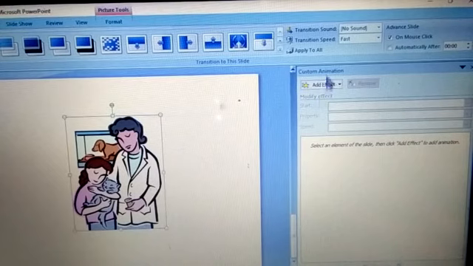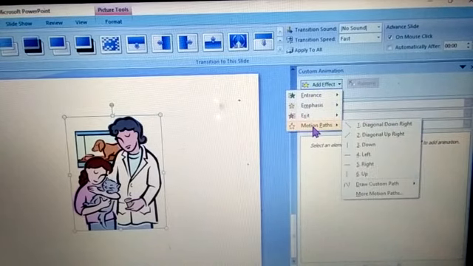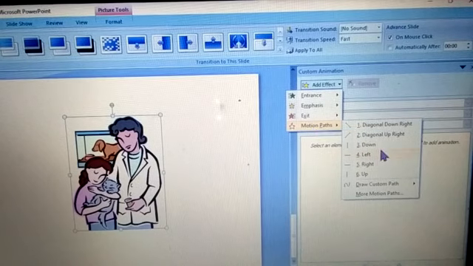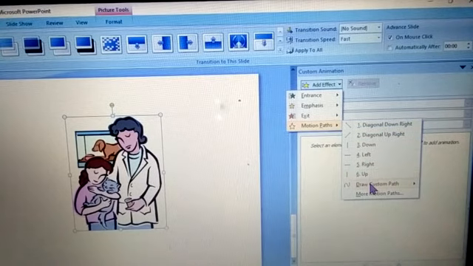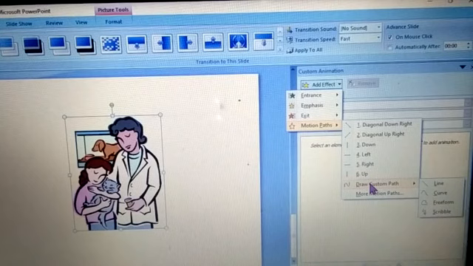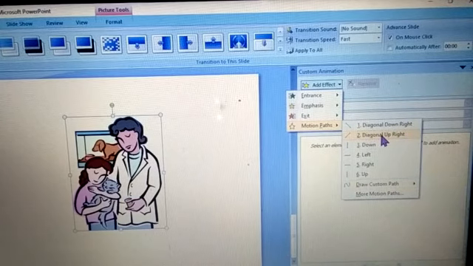Last effect we need to learn is about motion paths. So what is a motion path, children? Like you can draw the path you want your object or text to go to. Okay, there are inbuilt options here, like diagonally down right, diagonally up right. These are the directions that you want your object or text to go to. Fine. Now you can draw a custom path also. There would be a pencil, and you can draw the path for your object or text. So let's go with this one, diagonally up right.